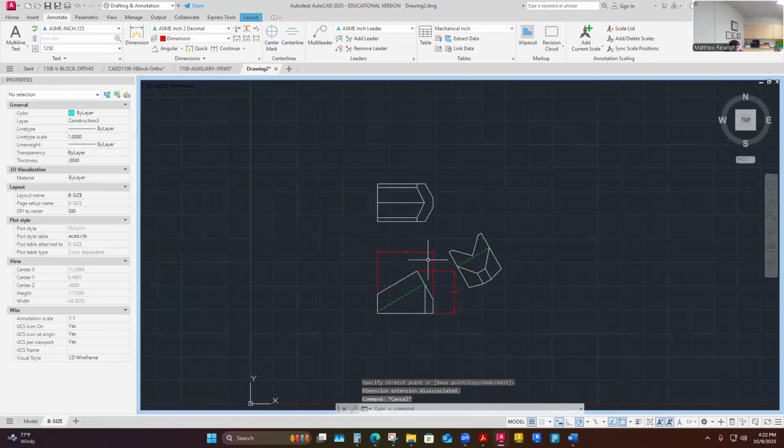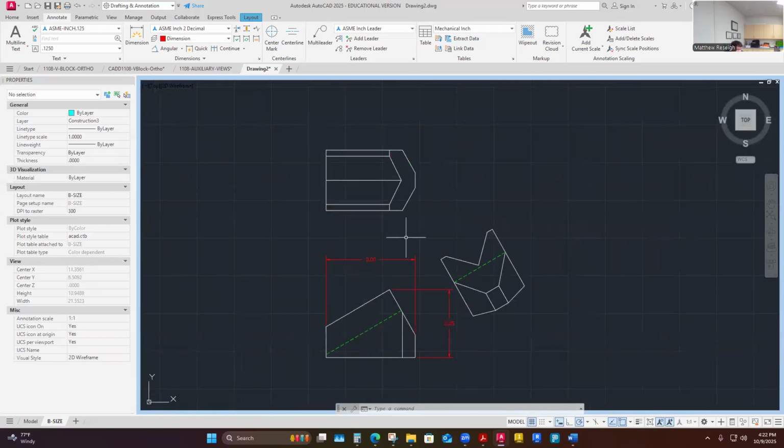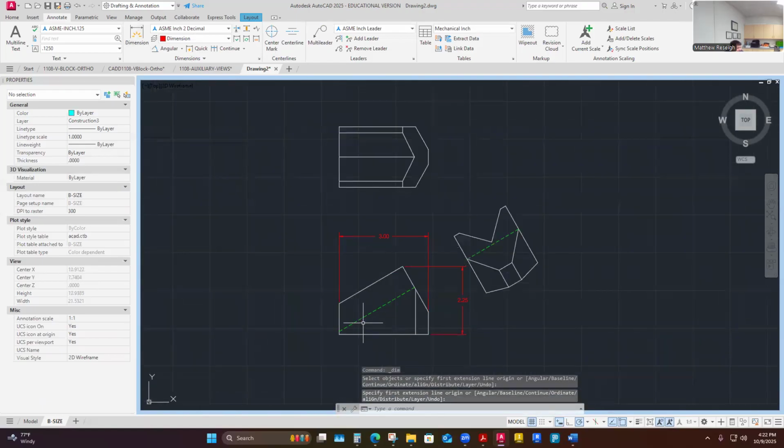Overall depth, could use my auxiliary view. I think I'll put it up on my top view. Will I put it here? Will I put it here? I don't know yet, but what I've been establishing, and you'll see me beat this to death, is that I'm pulling a dimension off the bottom to the top. Definitely the bottom surface is a better control point than that top little edge. So I'm definitely thinking 2.25 is established, with my bottom surface as a datum or a nice control surface to pull dimensions from,